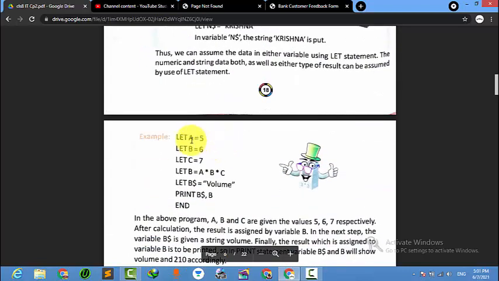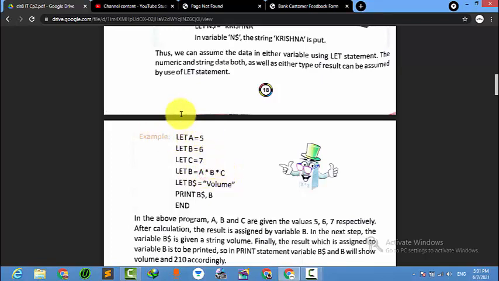Now here is a program example. REM will be the heading: multiplication of 3 numbers. REM means title, so the title is multiplication of 3 numbers.